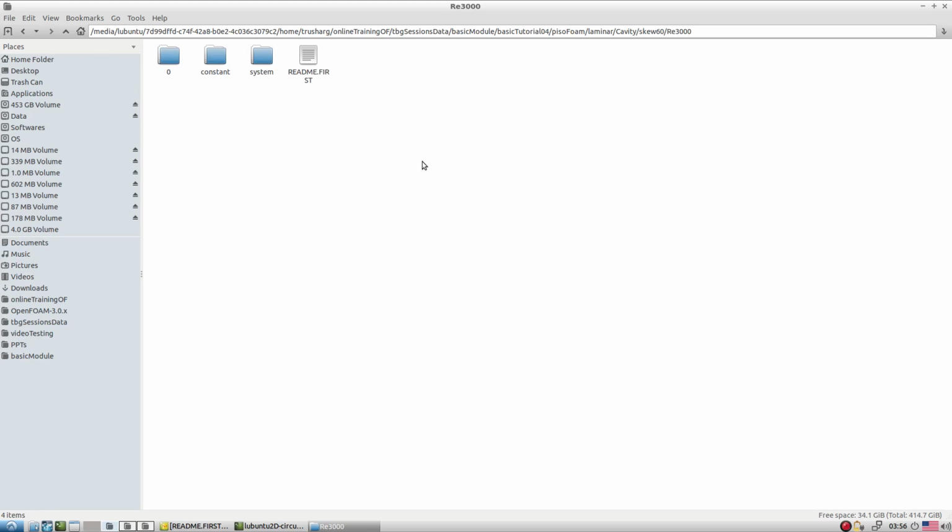Try to establish a probe, something like on the center line, similar line. Try to establish a probe of something like 425. Okay, and try to simulate this test case, and later on do the averaging of it. Okay, and explore the probe and averaging concept with the help of this test case.